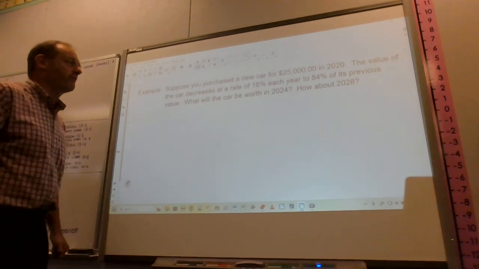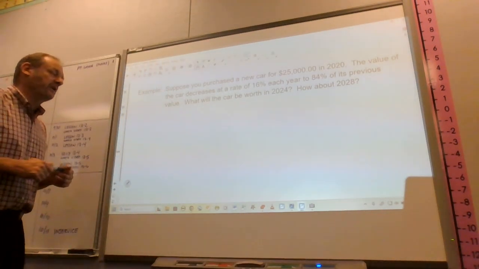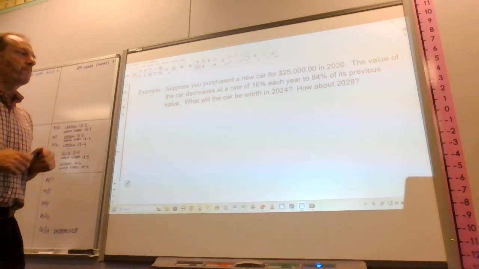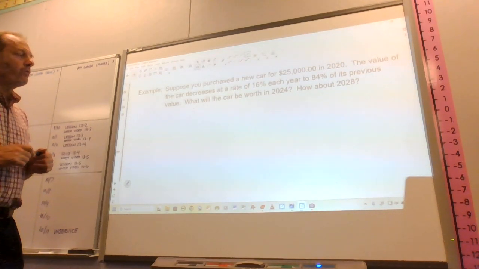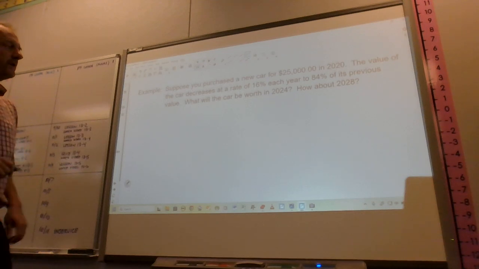Suppose you purchase a new car for $25,000 in 2020. The value of the car decreases at a rate of 16% each year to 84% of its previous value. What will the car be worth in 2024? How about 2028? Okay, so